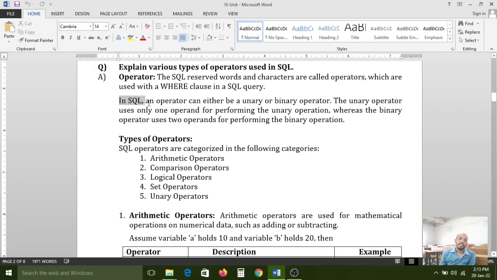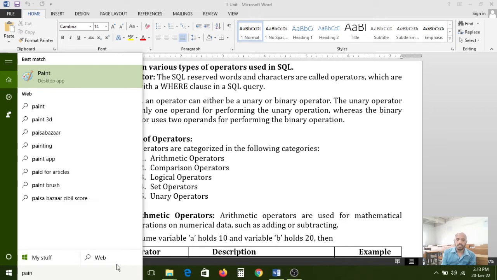In SQL, an operator can either be a unary or binary operator. What is the difference between unary and binary? If an operator performs a logical or mathematical operation, two operands are required.